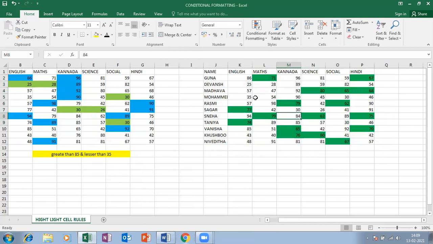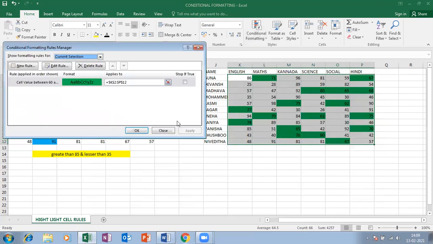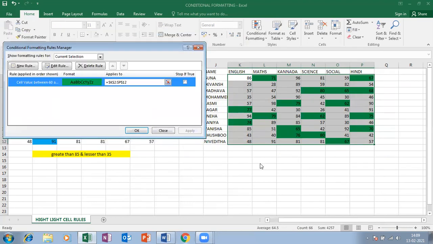Here I had highlighted between 40 to 60, so let me check it. Edit the rule, 60 to 80. Highlighted between 60 to 80.